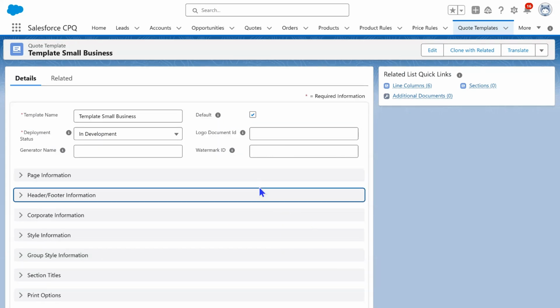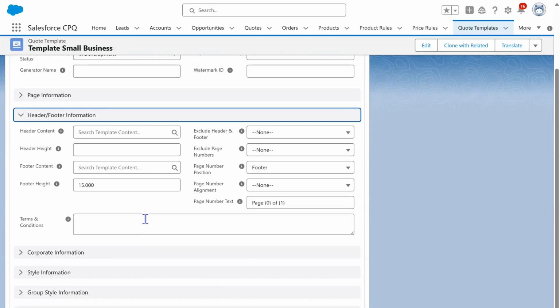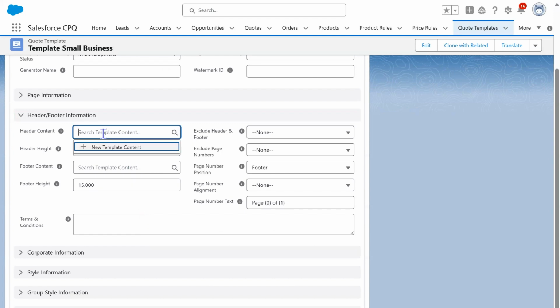Now let's look at the headers/footer information section. This is where you control what appears at the top and bottom of each page in your quote. Starting with header content, this is where you define what will appear in the header of your quote. Typically, this includes your company logo, quote title, date, or customer information. You can add fields dynamically so that each quote automatically pulls in the right data, making it look professional and